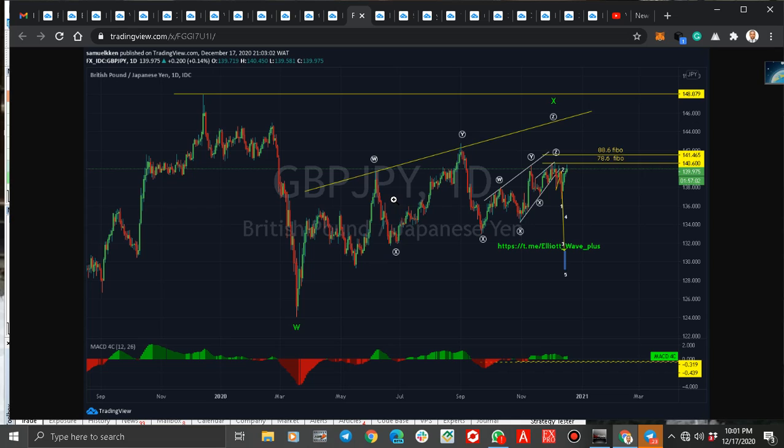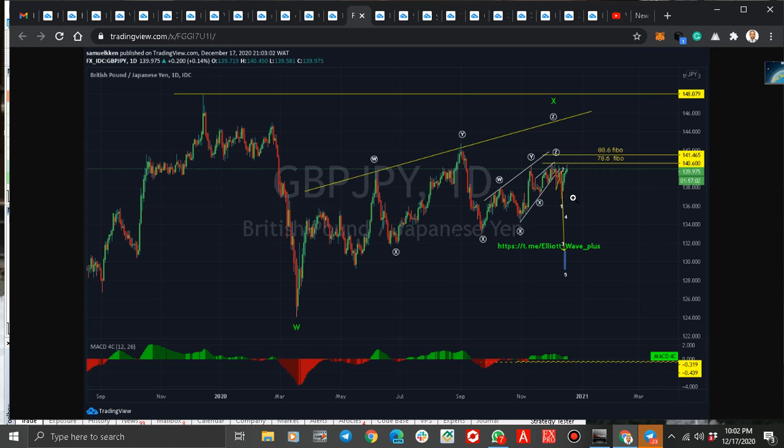Many times pounds yen, pounds dollar move the same direction. If you watch the daily and weekly, you can see this type of move. We have it on pounds dollar, but surprisingly, pounds dollar is moving up and the pounds yen is sluggish. So for this reason, sometimes they can disagree. In that case, we might have a sell. Pounds yen might be selling while pounds dollar is buying. It's possible. It happens sometimes.